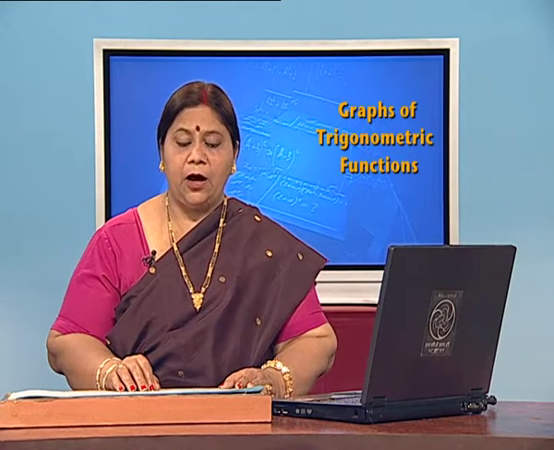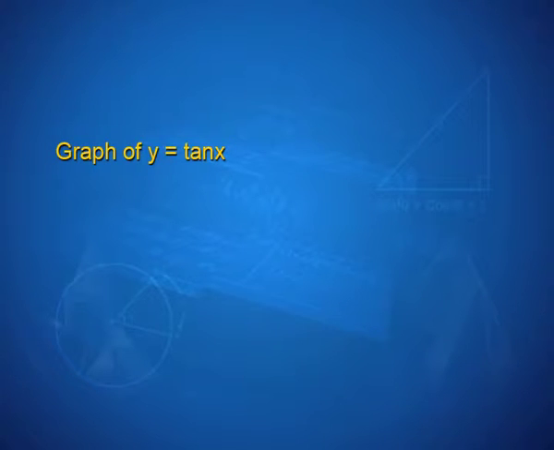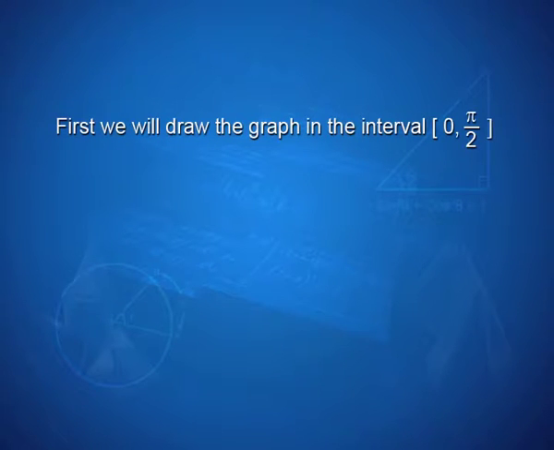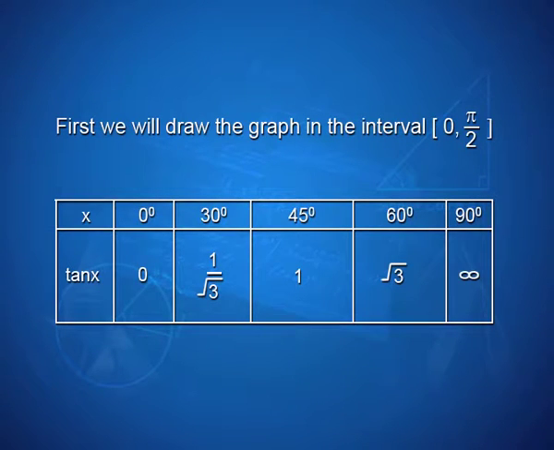Let us see how the graph of the function y is equal to tan x looks like. Since tan x is a periodic function with period pi, it is sufficient to draw the graph over an interval of length pi, in particular between minus pi by 2 and pi by 2. First, we will draw the graph in the interval 0 to pi by 2. For this, we use the table as shown on your screen and the fact that tan x is increasing in